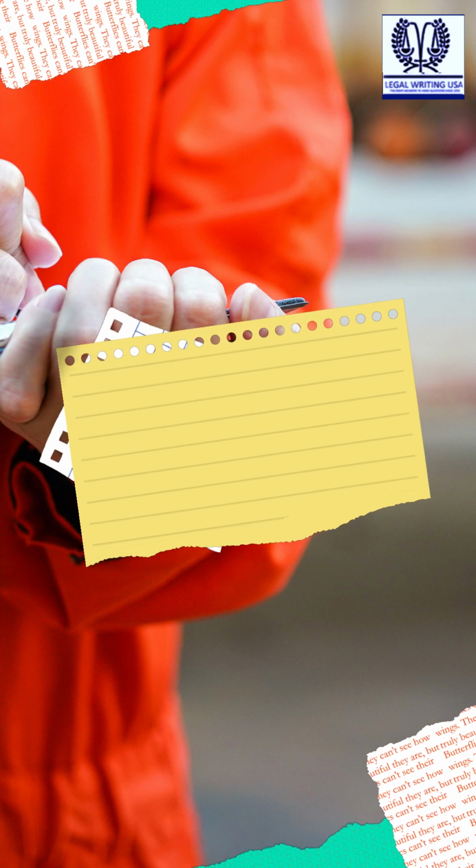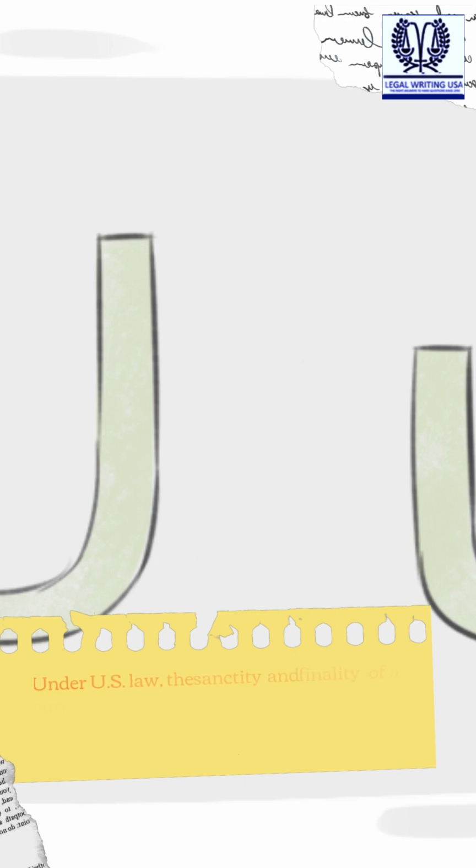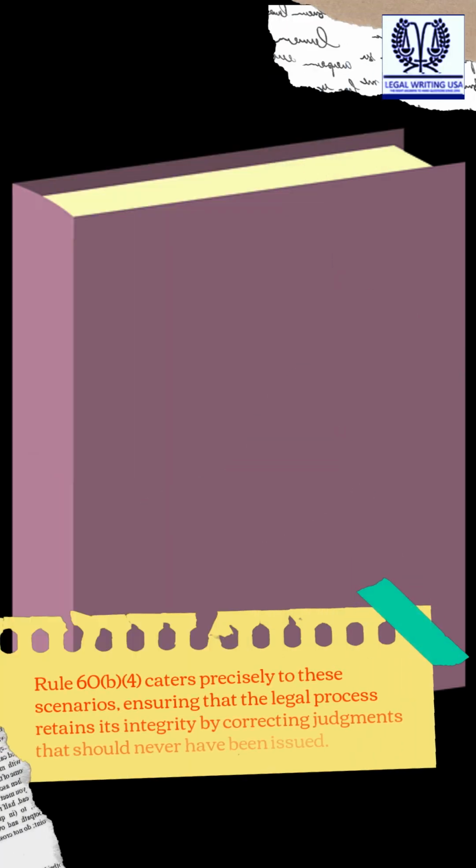Rule 60(b)(4) of the Federal Rules of Civil Procedure acts as a safety net, allowing a party to seek relief from a judgment declared as void. Under U.S. law, the sanctity and finality of a court's judgment are paramount, yet the judiciary recognizes that certain critical errors can render a judgment invalid. Rule 60(b)(4) caters precisely to these scenarios, ensuring that the legal process retains its integrity by correcting judgments that should